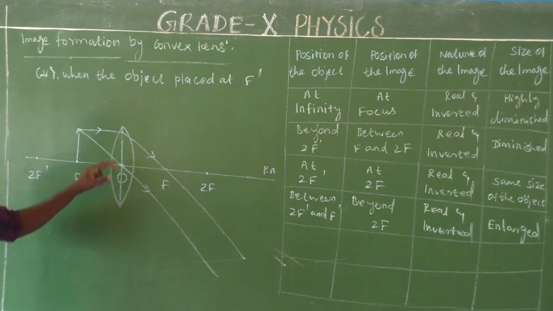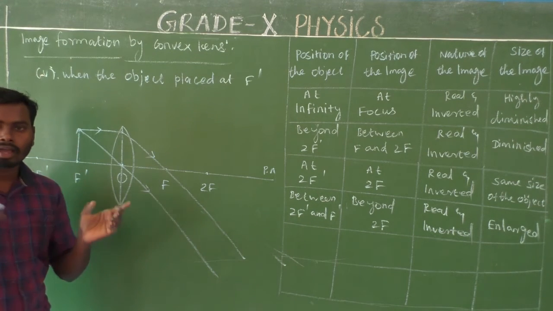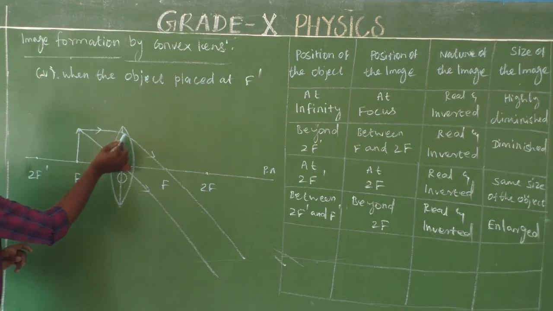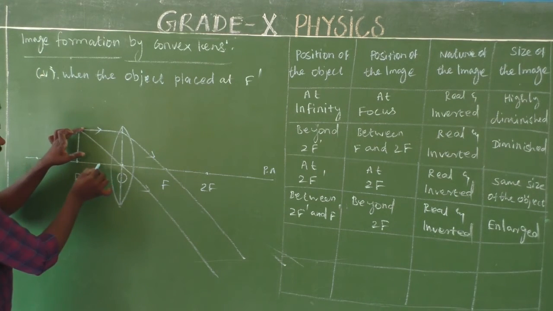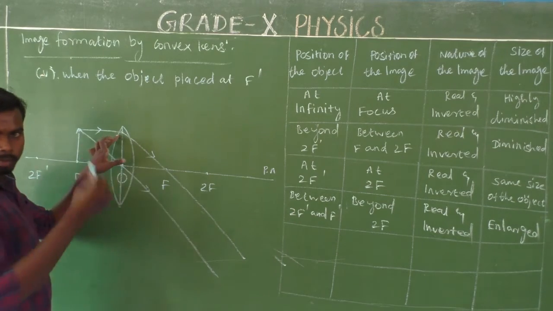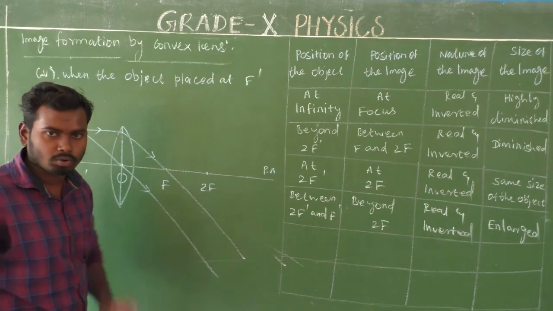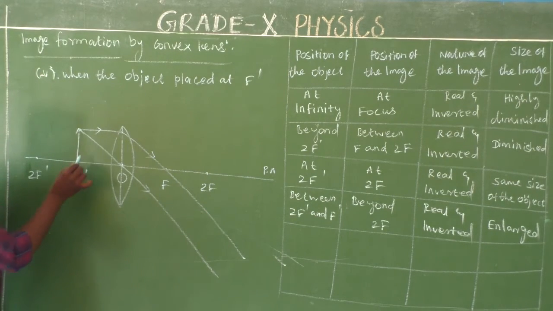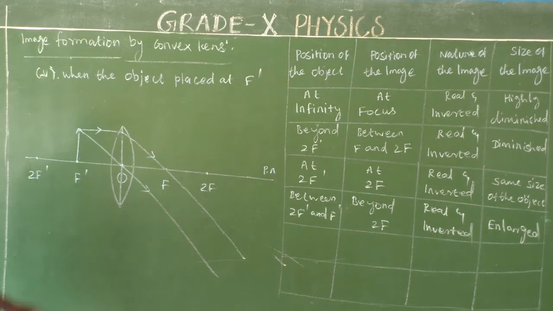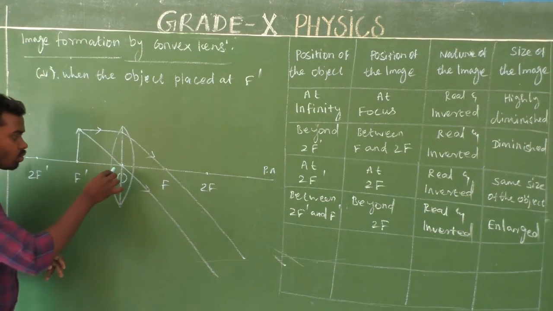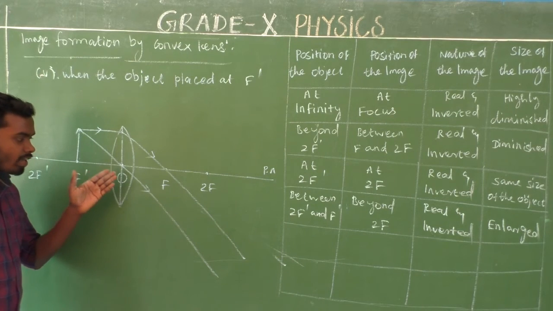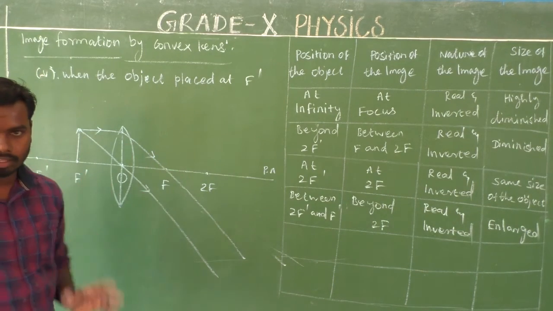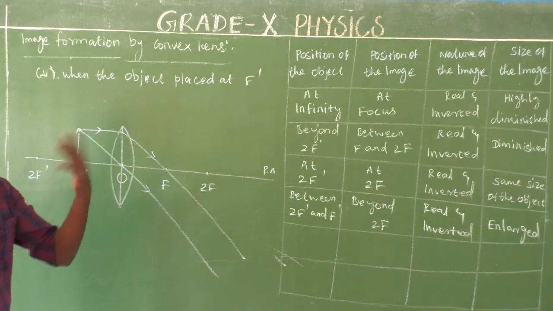Look at here. Consider a convex lens. Here the object is placed at focus. Many light rays are coming from an object placed at focus. You consider just two rays, because just two rays are needed to make an image formation. The first ray is parallel to the principal axis. If the ray is parallel to the principal axis, it will pass through its focus on the other side. That is the first rule. Next, consider the second ray, which passes through its optical center O. Whenever a light ray passes through its optical center O, it will not be affected by refraction, which means light will go in a straight path, because there will not be any bending of light.